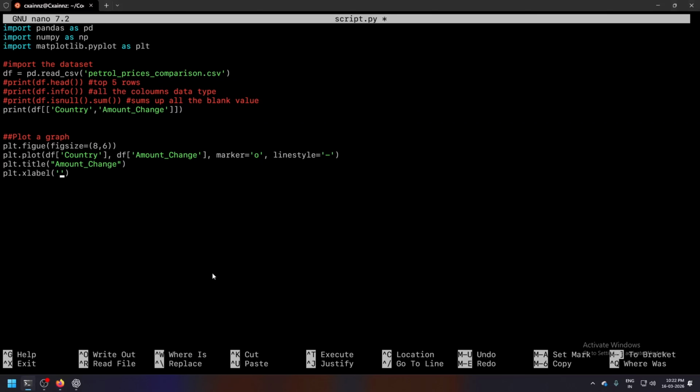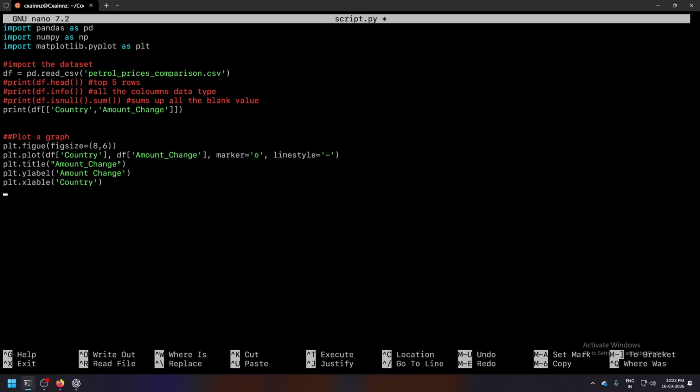Now, the X label, that is the amount change, so it would be amount underscore change, and then plt.ylabel as the country. Oops, sorry, I made a mistake. So this would be X and this would be Y.